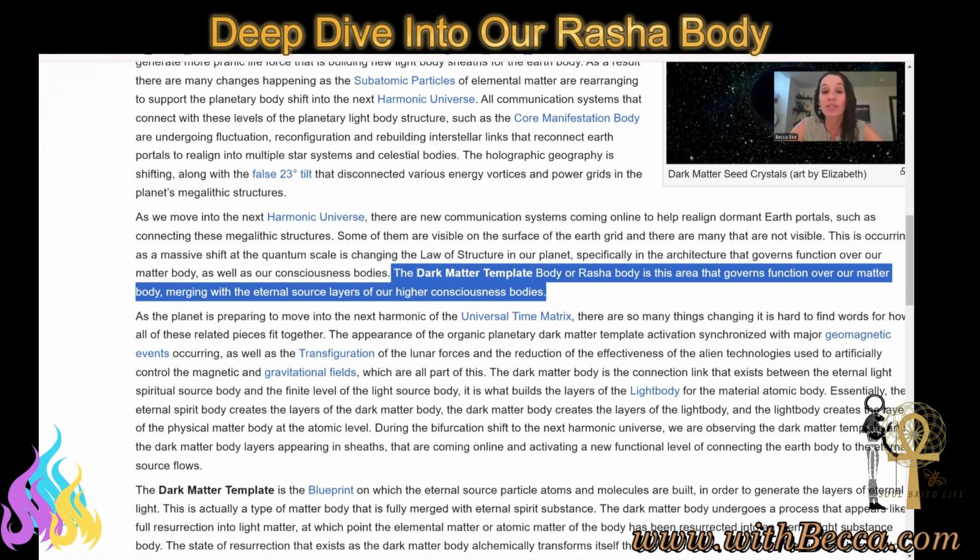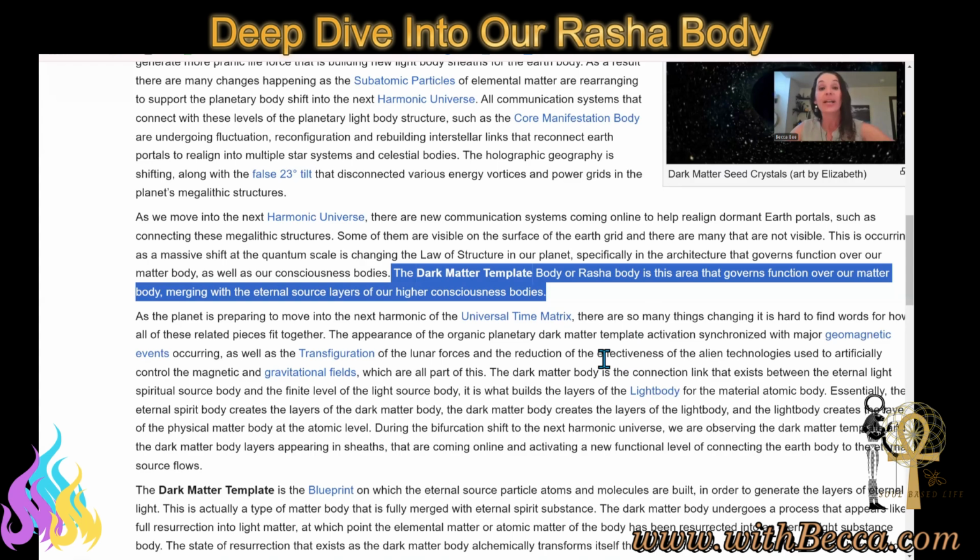The instruction sets are coming from in the core of it, or the seed of it. And then as it expresses out, where it embeds within us is going to be that permanent seed atom at the bottom of our thymus gland. And from there, our consciousness merges into whatever form we decided to experience from this Rasha body template as an expression of our consciousness